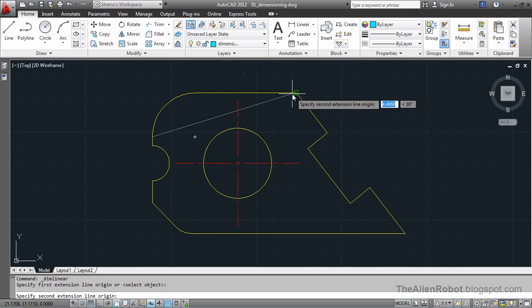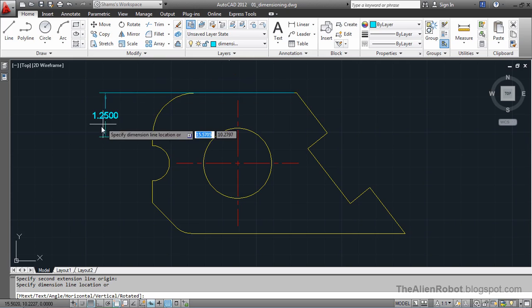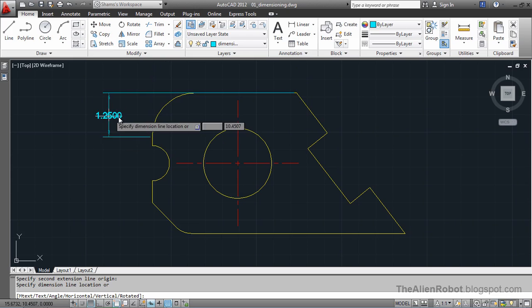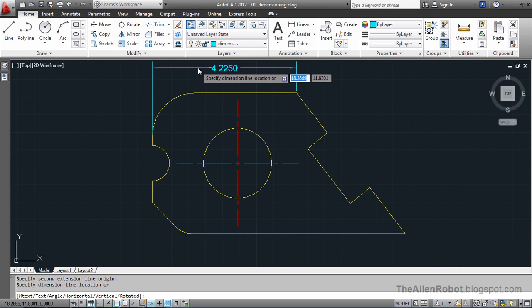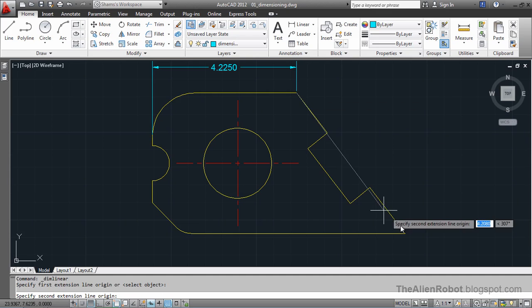From endpoint here to endpoint here, and you can get the horizontal or vertical depending on which way your cursor is. Going to accept this right here,